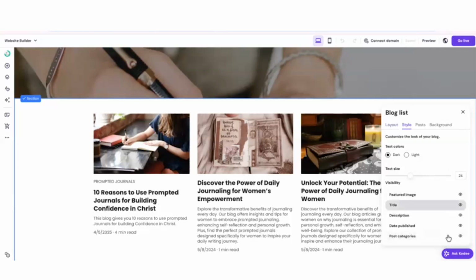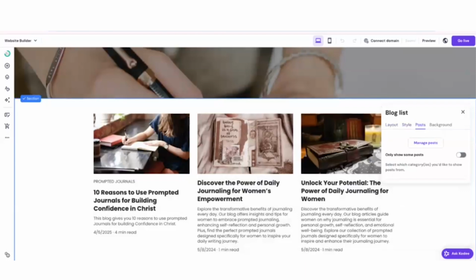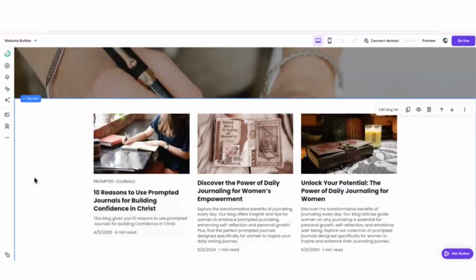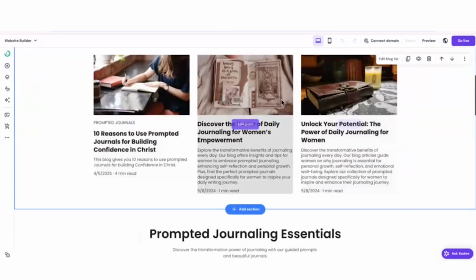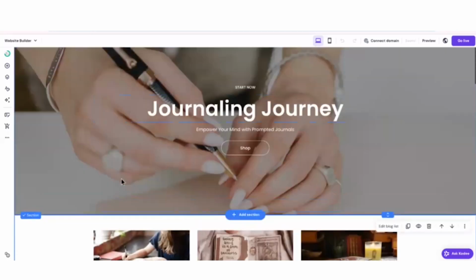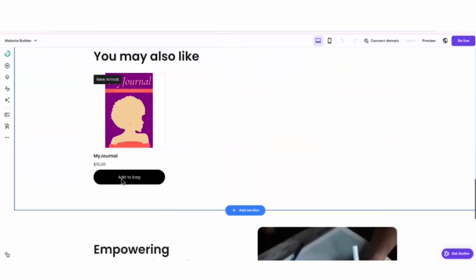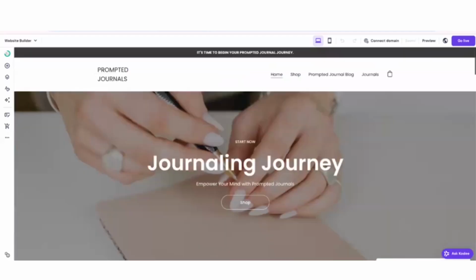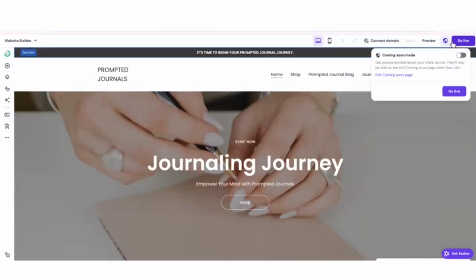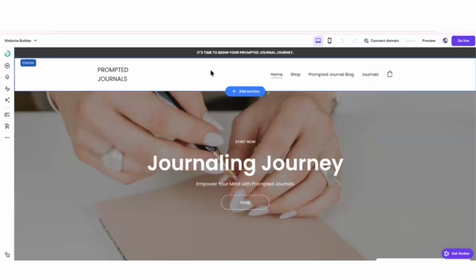And then style, you can change the text colors. You can change what they actually post on here. For your post itself, you can just manage the post. And then you can also change the background over here too, which is pretty cool. Let me leave everything the same. If I wanted to, though, I would actually go and change these images just to make them match my brand aesthetic. And yeah, that's it. That's how you start a blog using Hostinger. When you're all done, just click go live and you are ready to go.